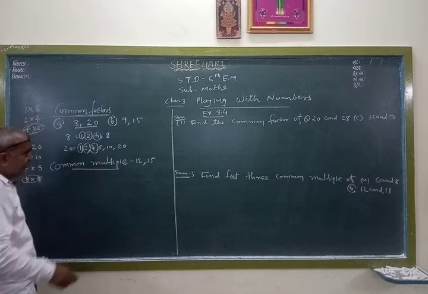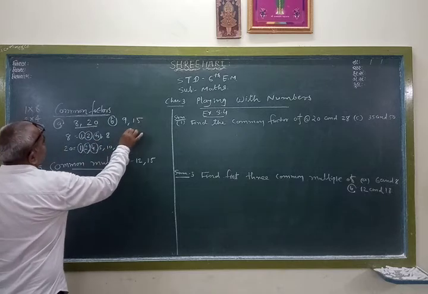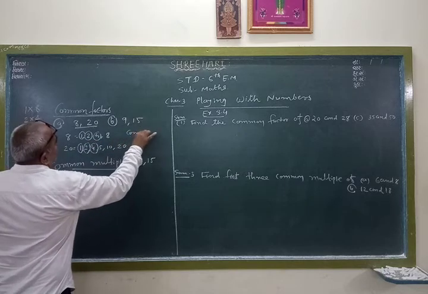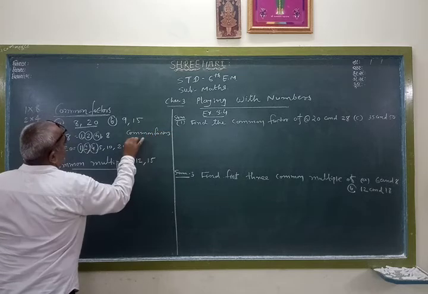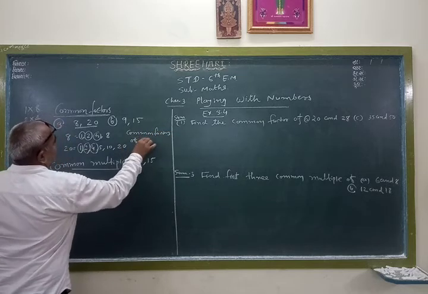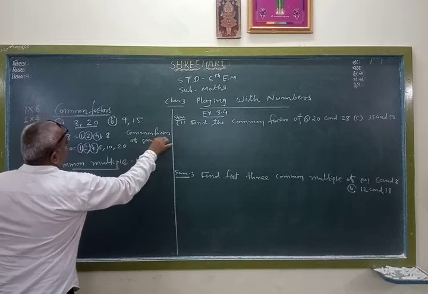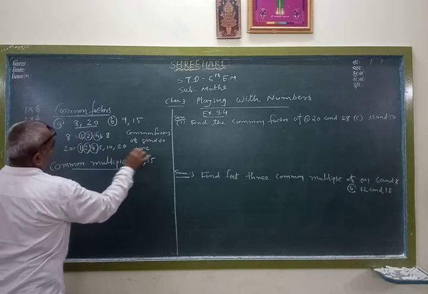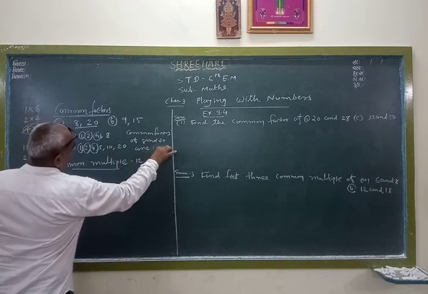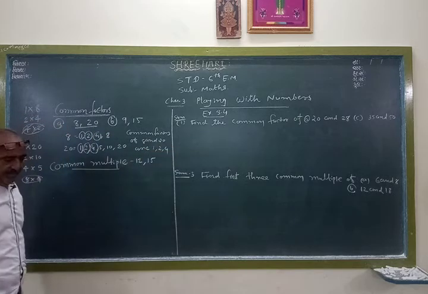So the common factors of 8 and 20 are 1, 2 and 4. Like this,